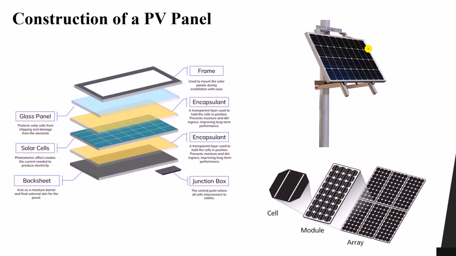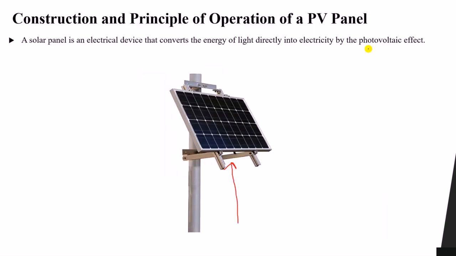Okay, so before we go to this slide, let's get back here. You will find that this is our panel, which is the one available in the market. We use several panels. We connect them in series and parallel in order to achieve a certain current or a certain voltage. You can see that this panel is formed of cells, PV cells. You can see this block is called a cell, this block is called a cell, and another cell, and so on. So we have different types of PV panels according to the type of PV cells, as we will see in this lesson.